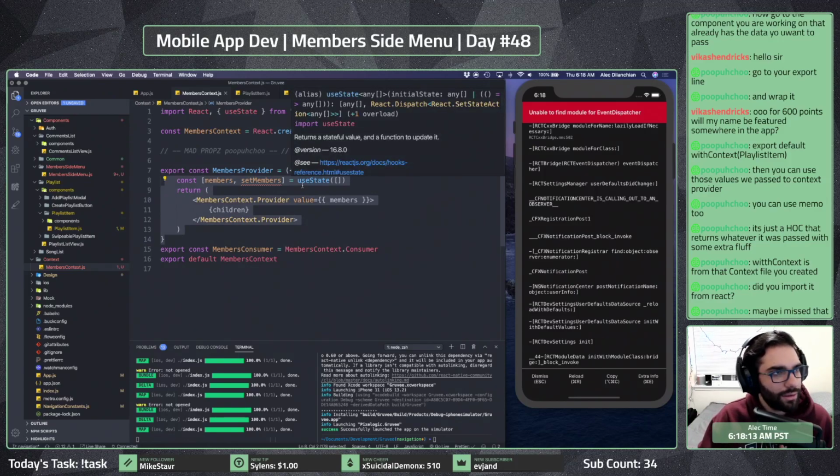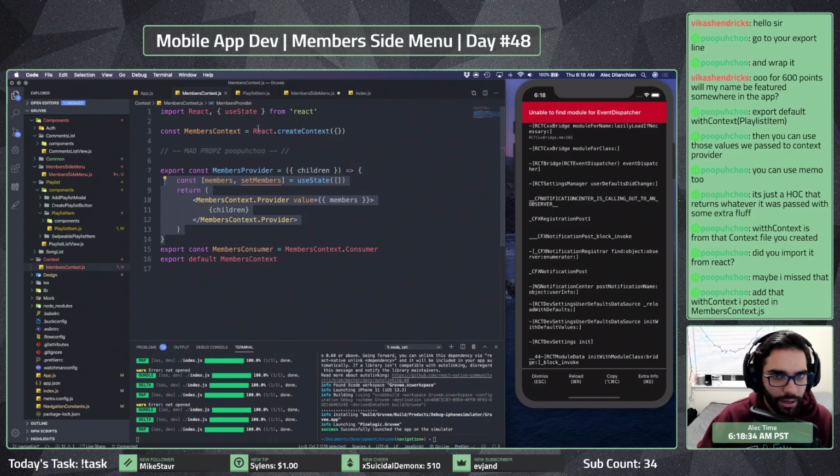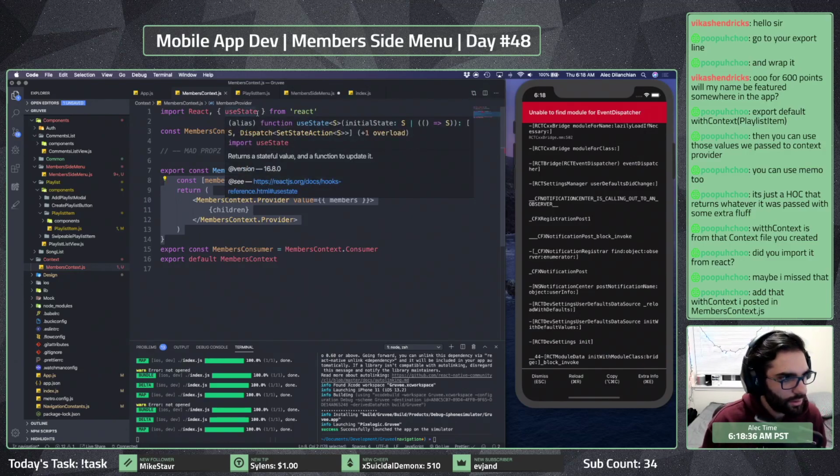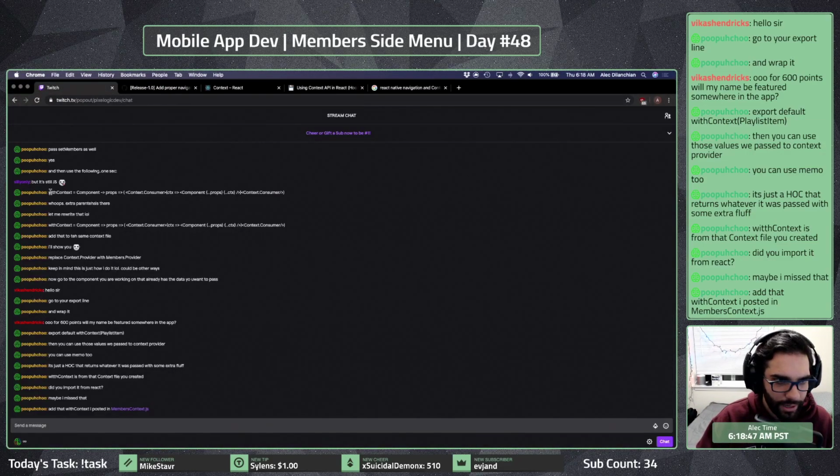Oh, is that the thing? That thing that you typed up above, right? The with context equals component. Ah, gotcha. Okay, so you're saying this thing, or this thing.